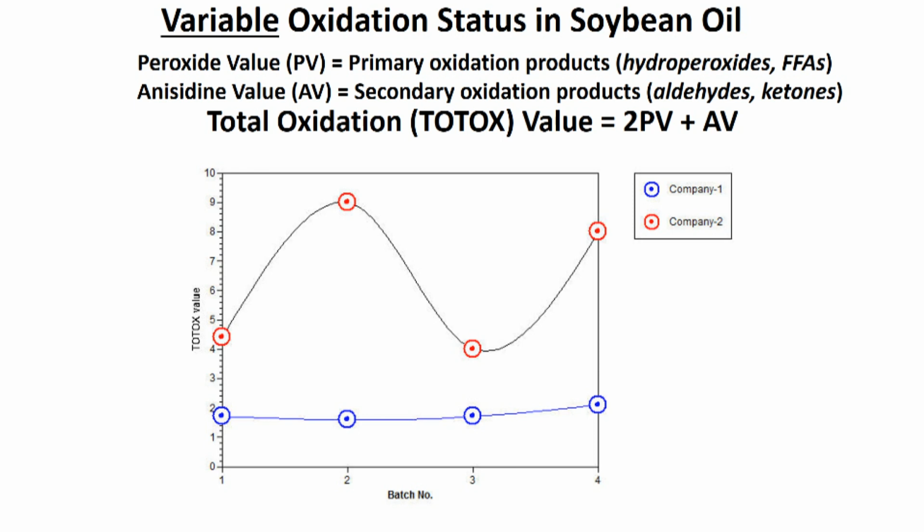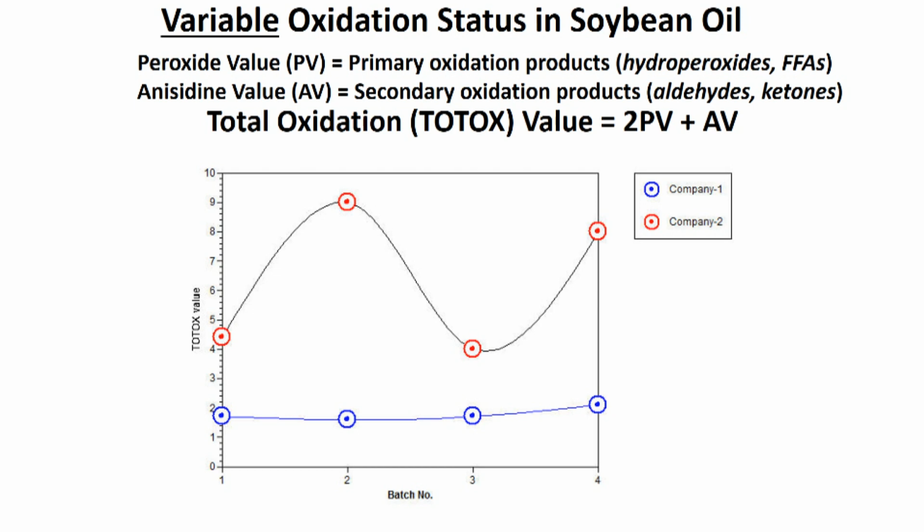Therefore, the TOTOX value assesses the quality of a fixed oil, such as soybean or fish, before, during, and after production, including shelf life determinations. Clearly, applying the TOTOX value as a critical quality attribute shows these two sources of soybean oil are not pharmaceutically